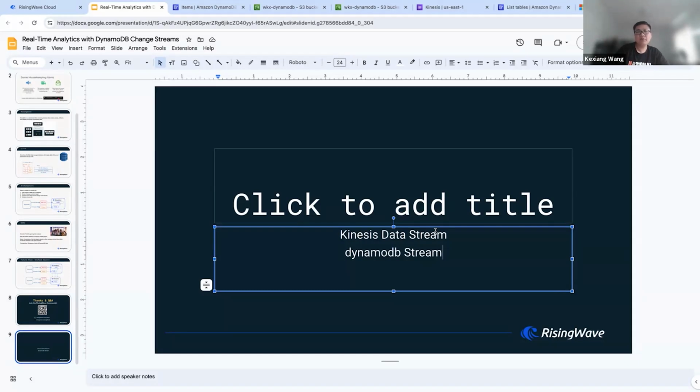If you want to increase scalability, you can just configure